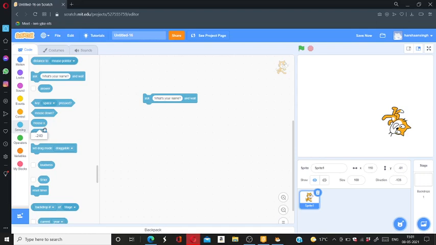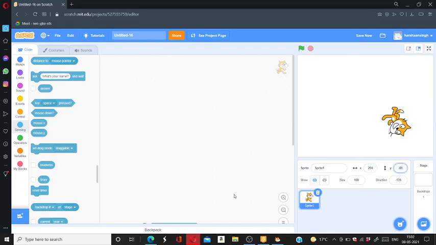let me tell you something. It has minus 84 like this, the x and y. The stage is like, if you put any value, it will go to 294, the x. This is 294 pixels.